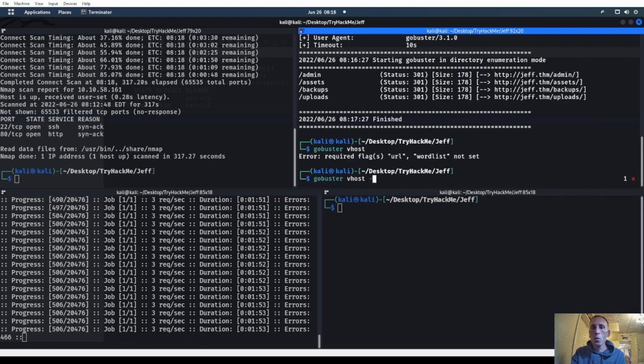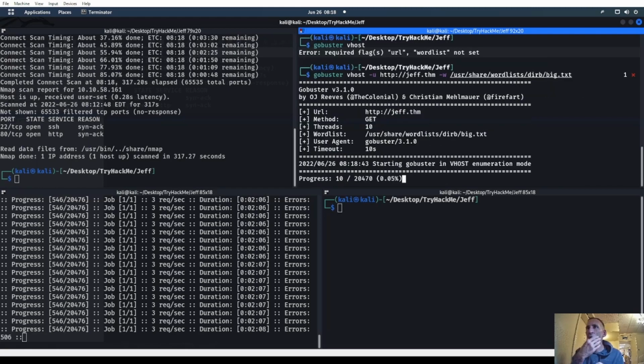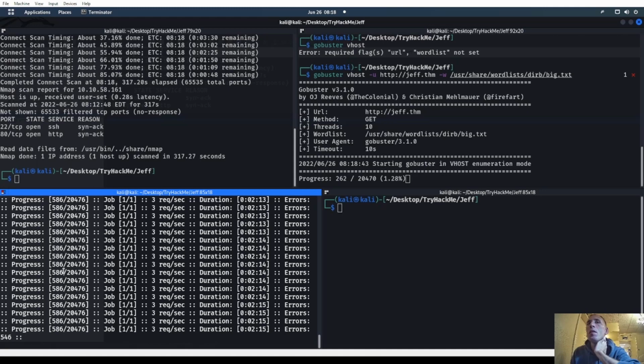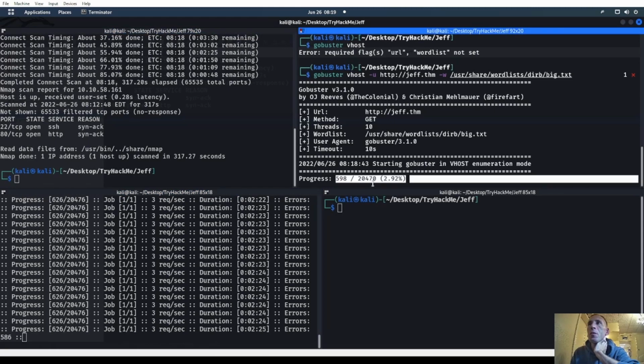We'll do -u http://jeff.thm. Word list could be /usr/share/wordlists/dirbuster big.txt. I do like using ffuf better for vhost, but it seems to be having a little bit of an issue. If you can't tell with the progress bar over here, it might be moving a little bit too fast for it. So that's why I'm running gobuster also. I want to do a Nikto scan also, but I don't want to do that while these guys are running. So